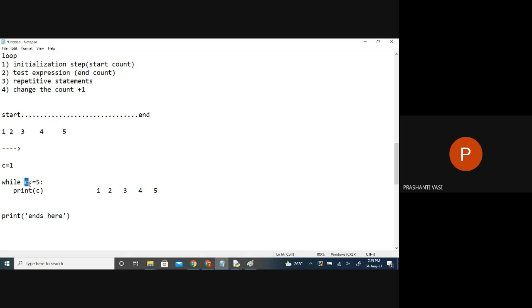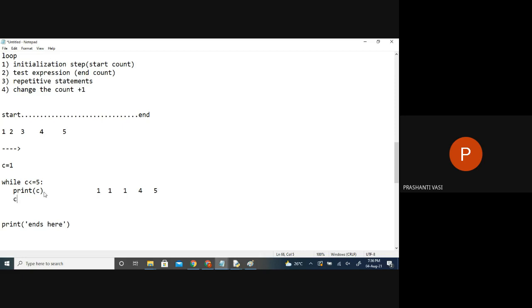Because if I don't change the count, the loop will come back here again. Is the value different or one only? If I don't change the count, it will be again one, the same value. If C is 1, 1 is less than 5, print C, again it comes here. What is the C value? Same, nobody changed it. So it will be 1 again. It will go into an infinite loop. 1 will be printed infinite times. So if you don't want to go into an infinite loop, give a terminating point.